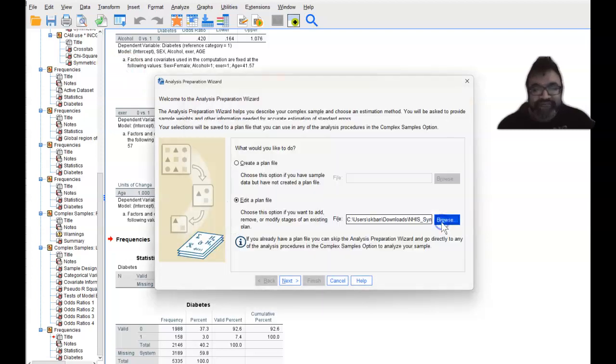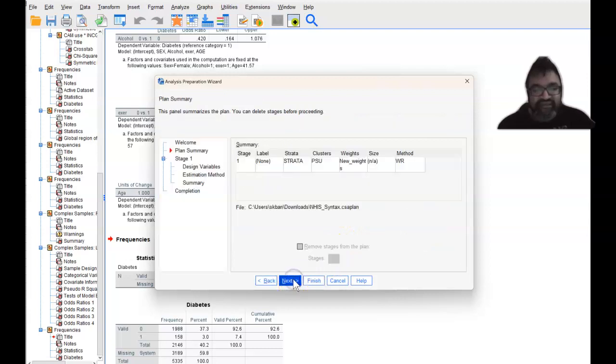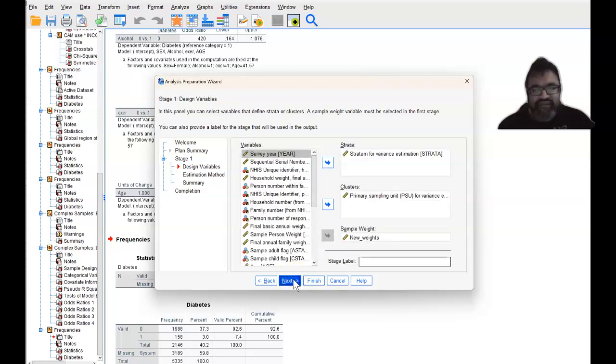And then open. Then select next. And just keep hitting next because this file has already been created. These are the variables though if you were interested. For strata, you select strata. For clusters, you select PSU. And then I created some weights before